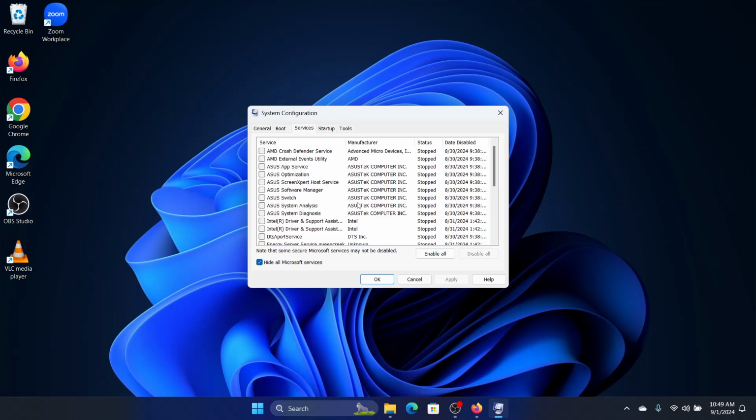If we disable any Microsoft service by mistake, then our computer on restart will not be able to access the Microsoft service and may go into a reboot or restart loop, and we will not be able to boot the computer. So once you hide all Microsoft services, then you can go and click on the third-party services which are